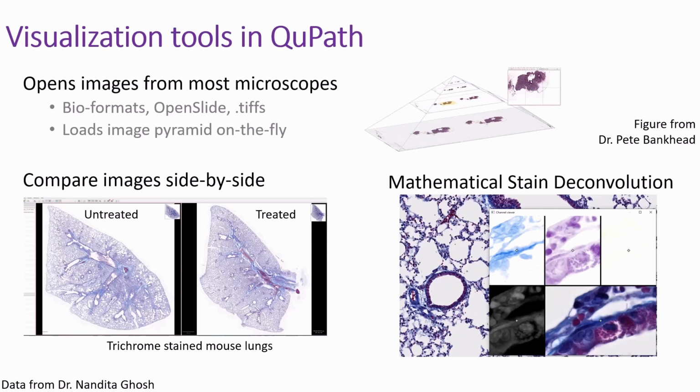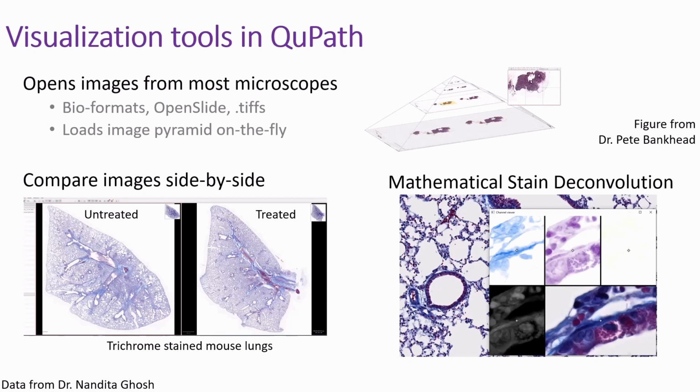It has access to the Bio-Formats and OpenSlide libraries, and it can also work with open source formats like TIFFs. It also loads image pyramids on the fly, which means it only ever calls the pixels that it actually needs to show you on the screen. So if you're looking at the entire tissue, it shows you a low resolution image, and as you're zooming in and in on cells, it only loads those exact pixels you need to see at that moment. This lets it be very fast and lets you look at images that are actually larger than the RAM